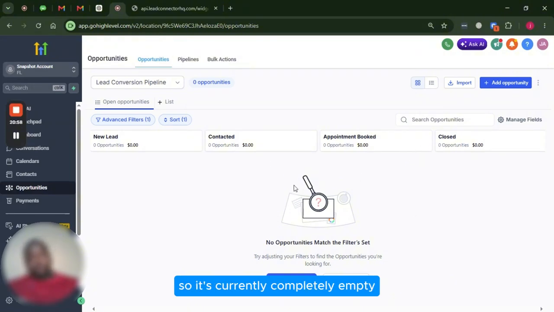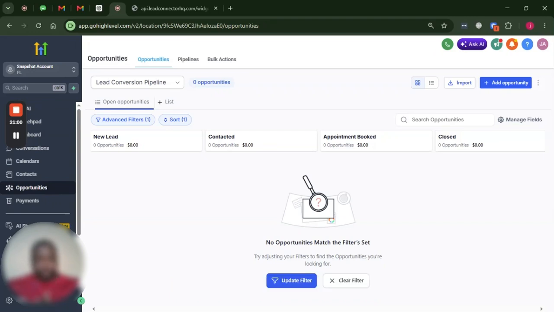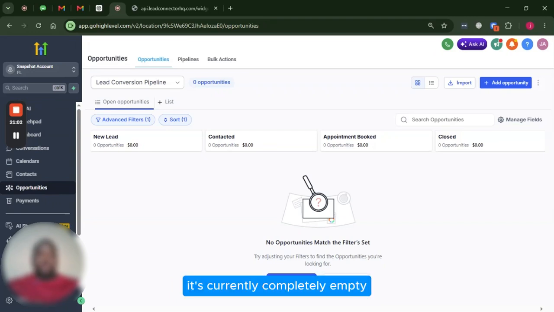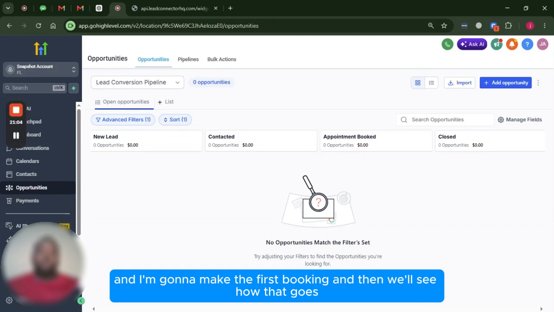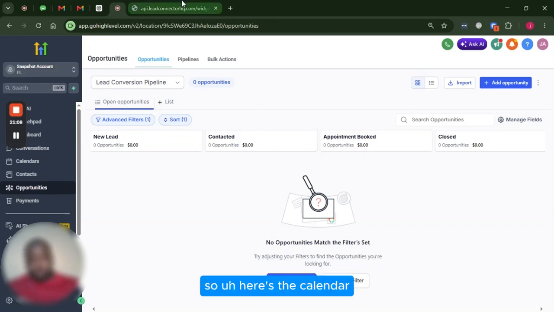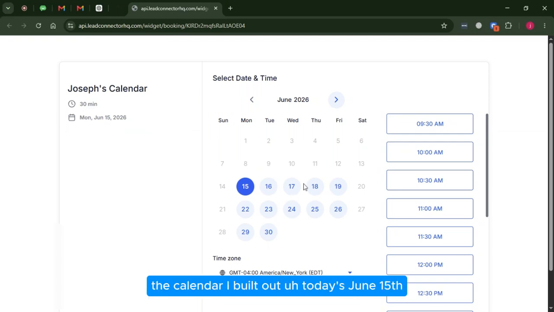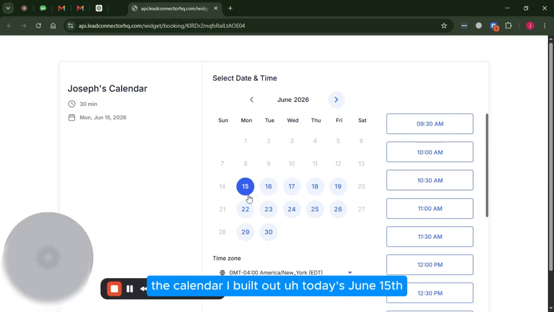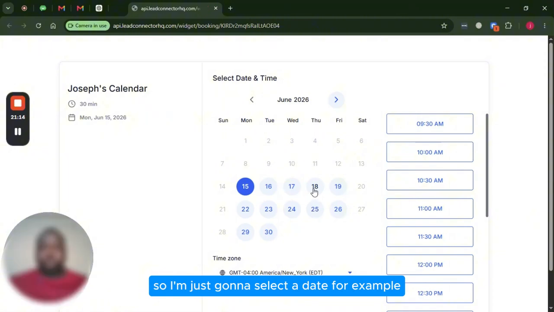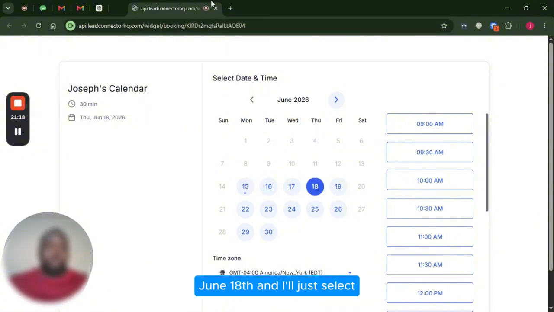So it's currently completely empty, and I'm gonna make the first booking, and then we'll see how that goes. So here's the calendar built out. Today is June 15th. So I'm just gonna select a date, for example, June 18th, and I'll just select